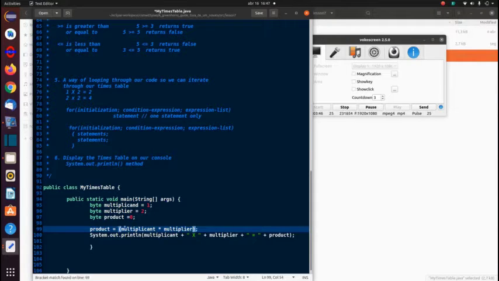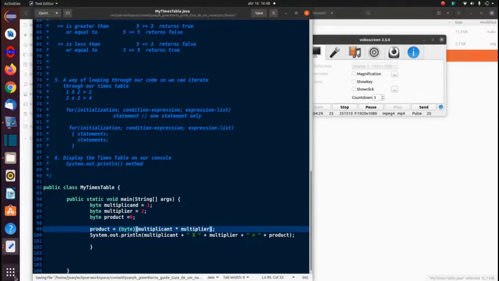Okay, so we would cast the result of this to a byte, because the default result of any operation where you're adding or multiplying two integer-type values, be it a byte or a short or an int, when you're using operators on them, will automatically be an integer, and we want it as a byte, so we must cast it to a byte. And now I'm going to save this,